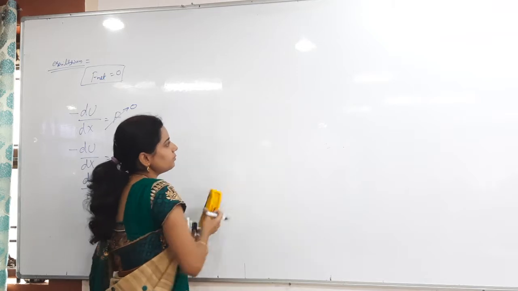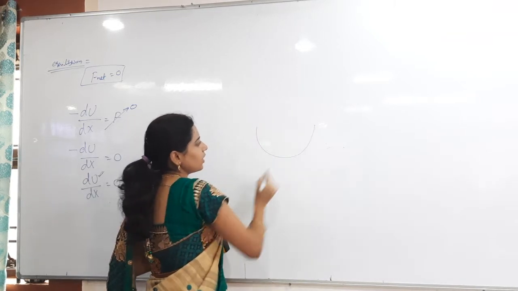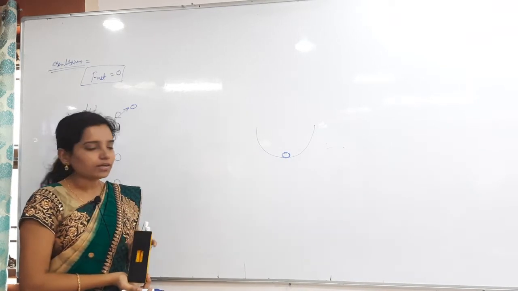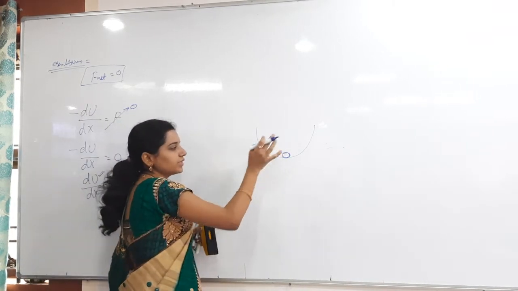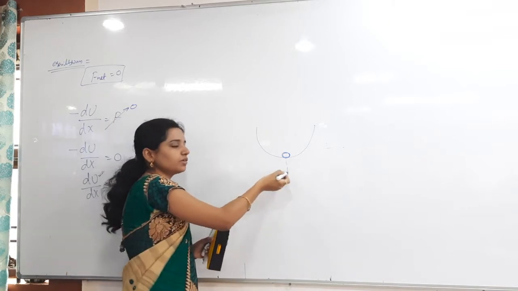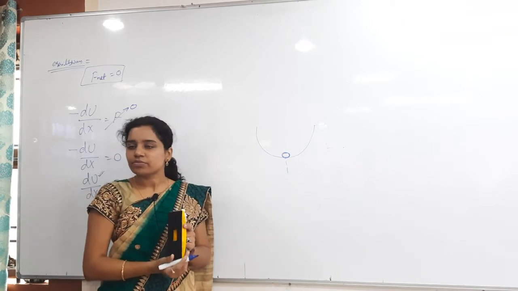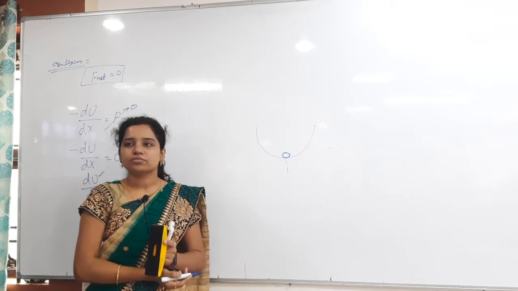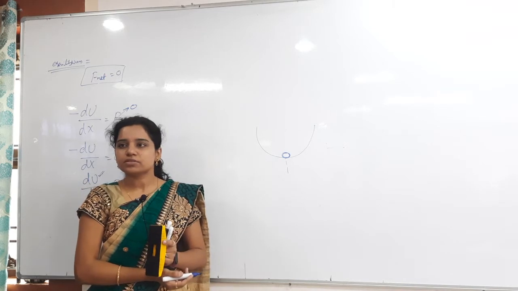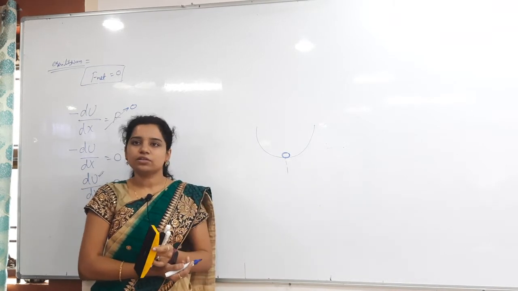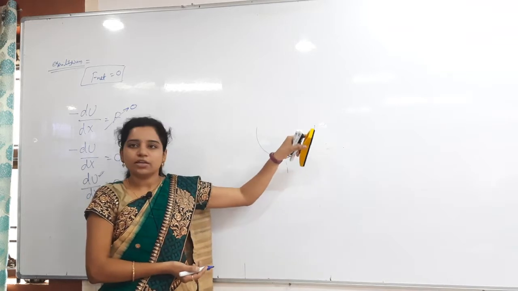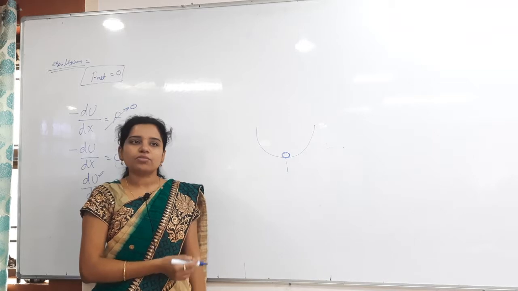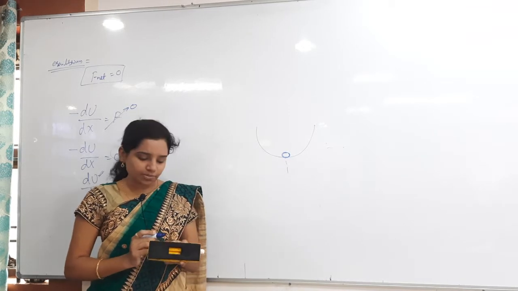Now tell me, I have taken a spherical bowl, and I have taken a round ball in that. Now what I am doing is just displacing it. This is the equilibrium position, it is not moving anywhere, it is just at rest. So whenever I displace it from the equilibrium position, what happens? It will go like that only? No, what happens? It will go and then it will fall down. Again it will come to the equilibrium state only. So what equilibrium state is this? Stable or unstable?